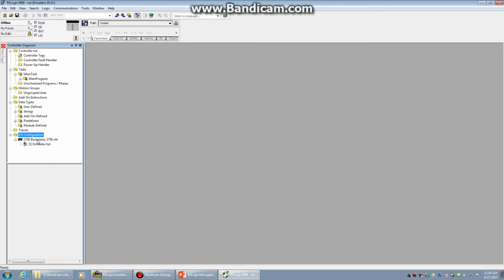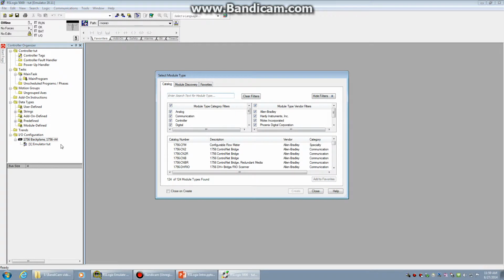Alright, and then select the back plane and right click on it. When you right click, you're going to select the new module. And of course here's where things can get kind of crazy. If you don't know what you're looking for, Control Net Bridge, DH, Control Net Bridge, this can be very confusing. We're going to eliminate some of that confusion by just unchecking this box